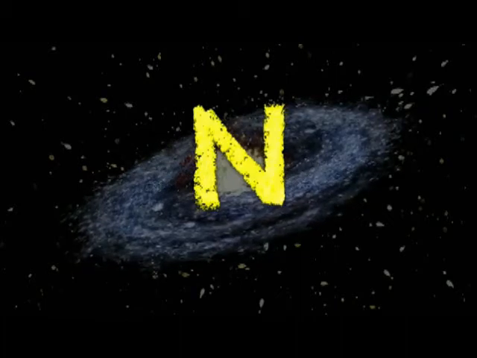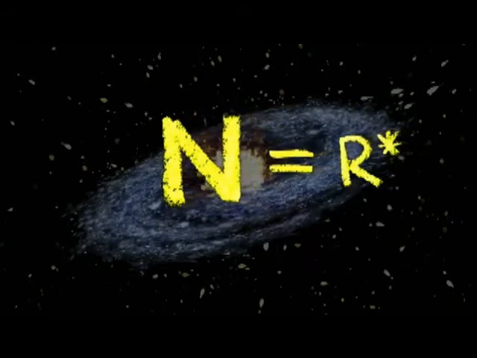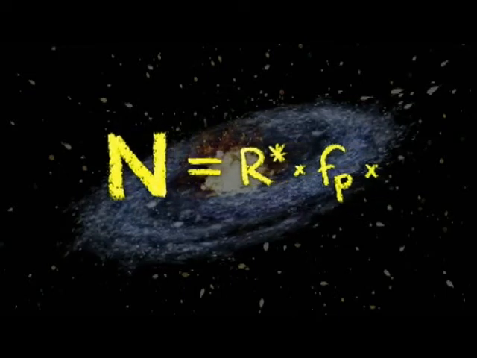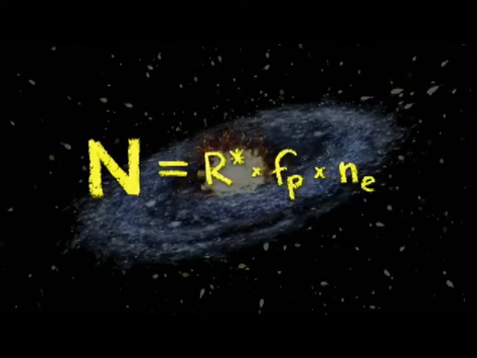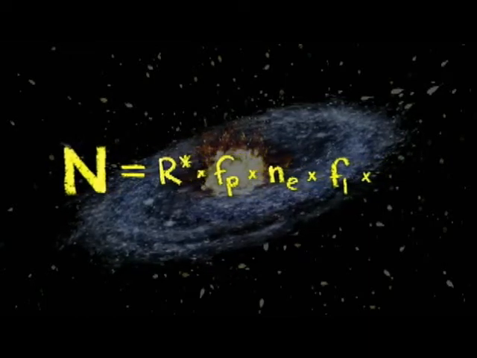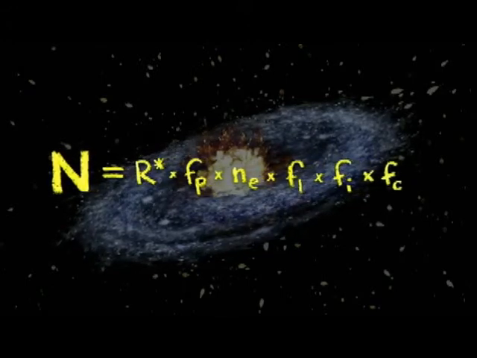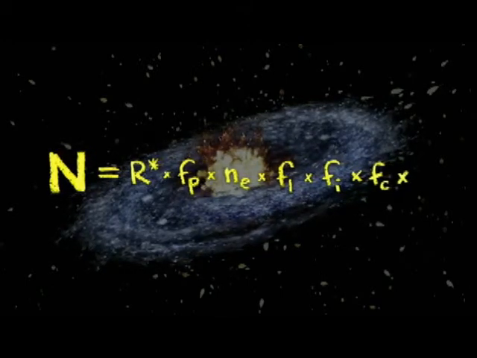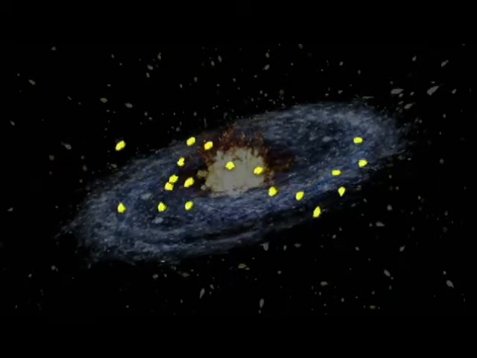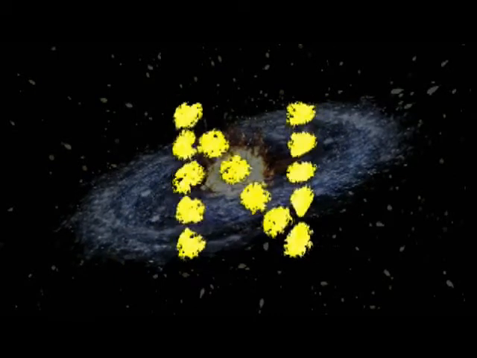And it's usually written as N equals R star multiplied by f sub p multiplied by n sub e multiplied by f sub l multiplied by f sub i multiplied by f sub c, and lastly multiplied by capital L. All those factors multiplied together help to estimate the number of technological civilizations that we might be able to detect